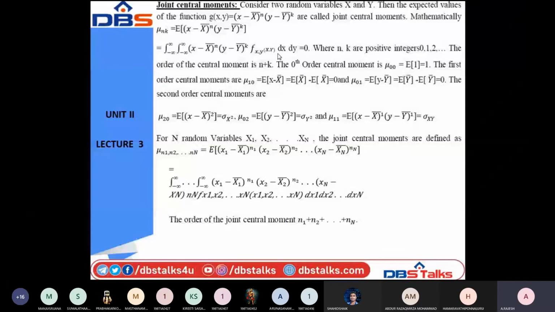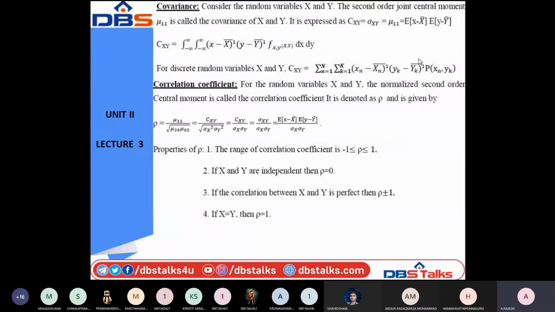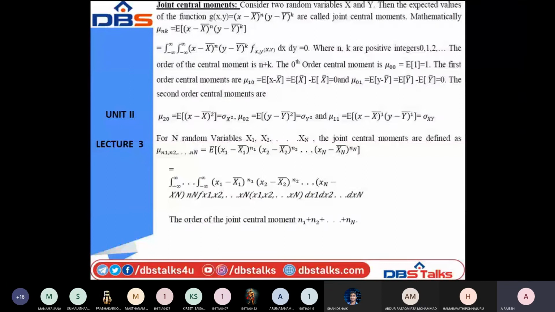Here n and k are positive integers, and the order of the moment can be represented by the summation, that is n plus k